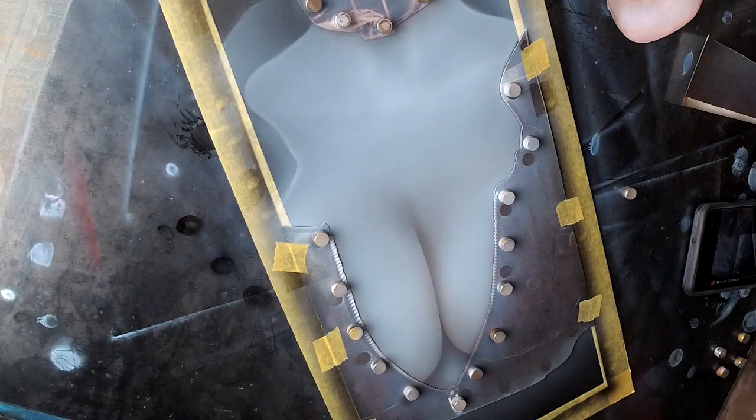But I make up two different Payne's Grays. I make one with a brown and I make one with a blue. And by doing that, I find that depending on the color tone you're going with, like I like the brown, it warms things up. I could have gone with the blue on this because she is going to be